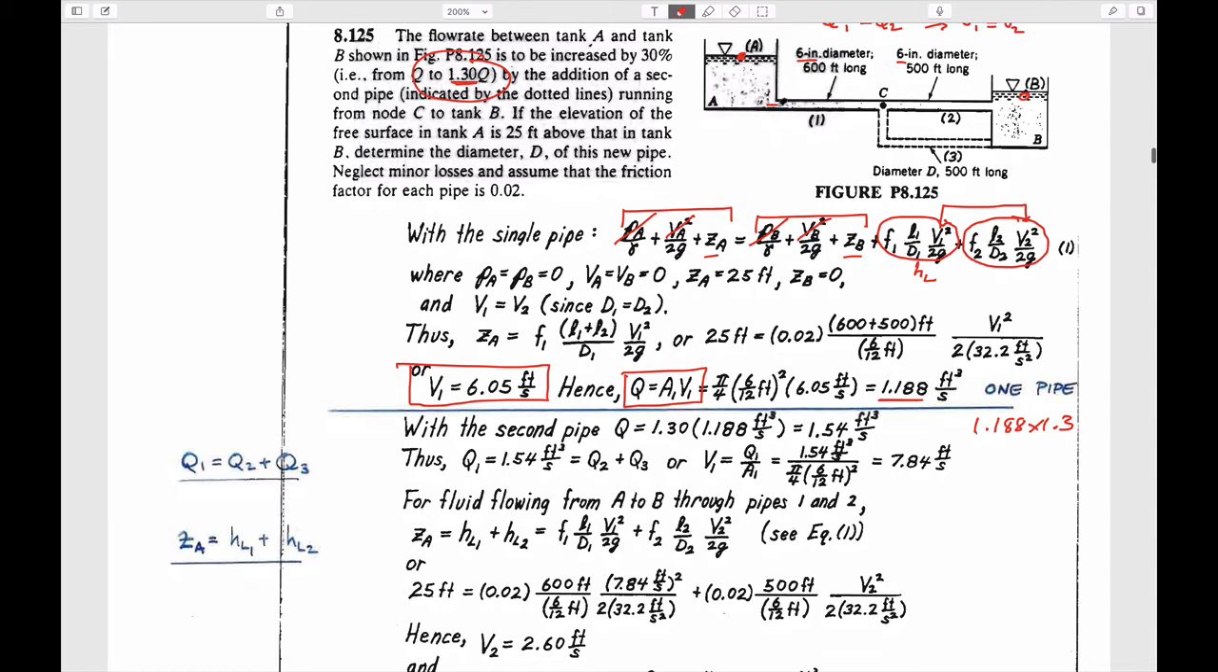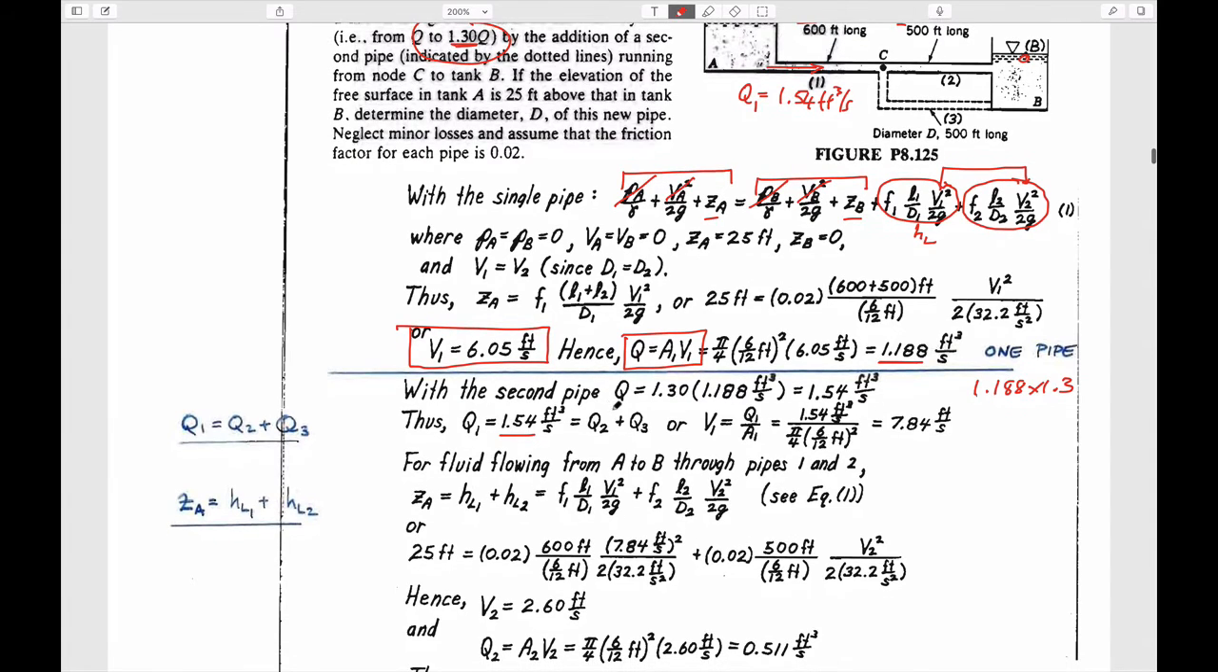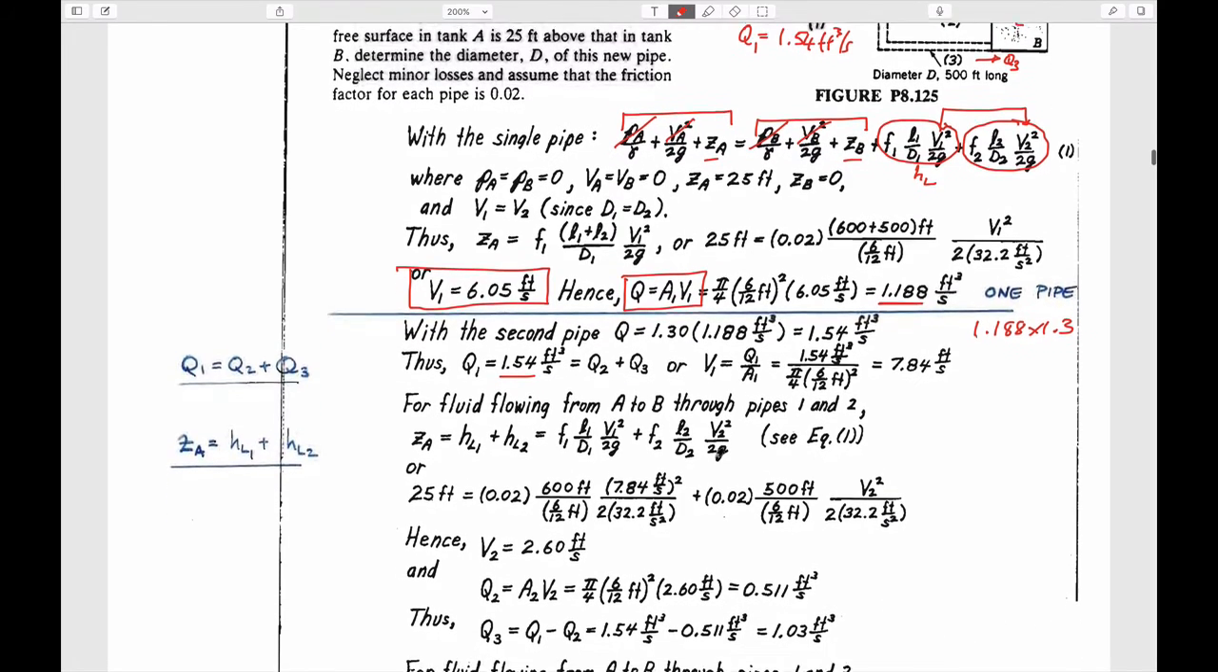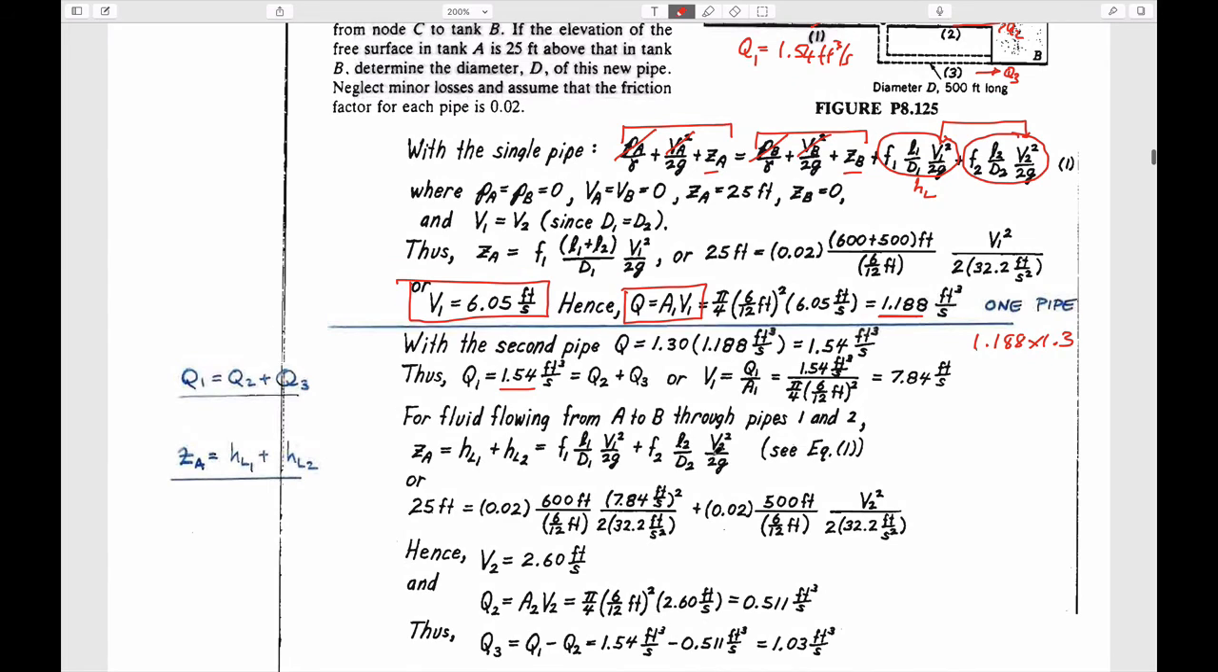So now we know the flow rate within this pipe will be Q is equal to whatever this amount is, which is 1.54 cubic feet per second. So we know that. And so we know that has to be the amount that comes through both this one, Q2, and also this one, Q3. And so what we can do is we can calculate, again for the system, the head loss going